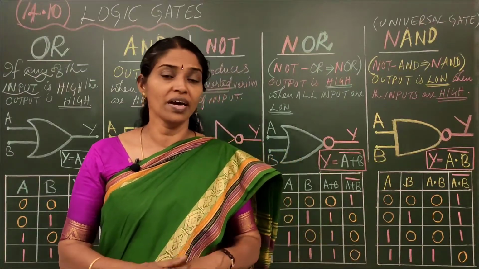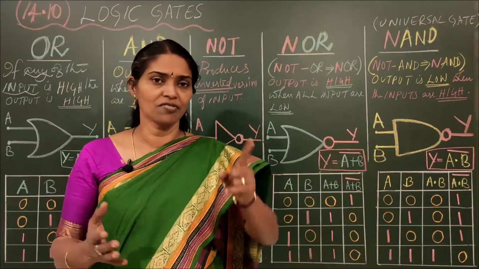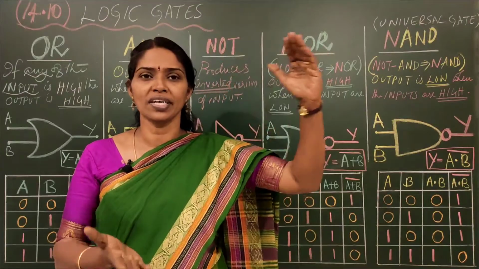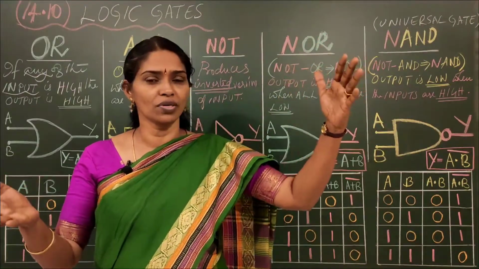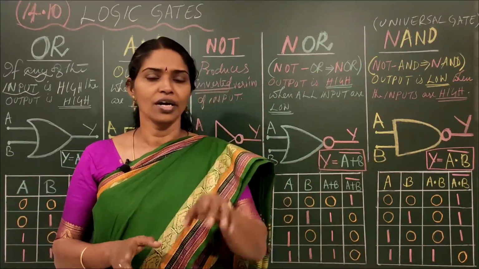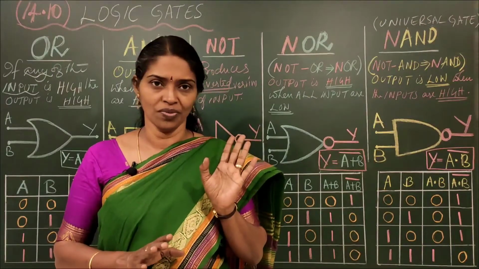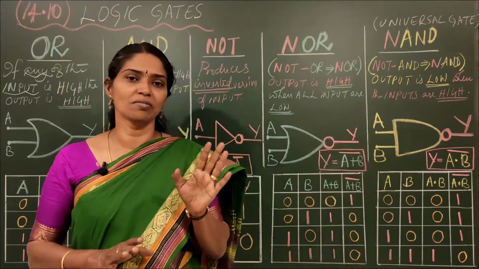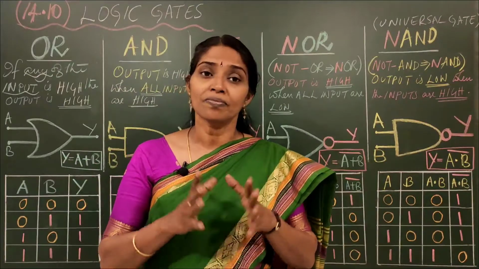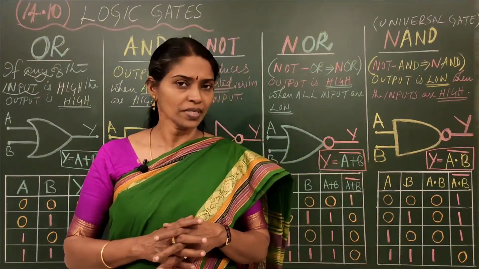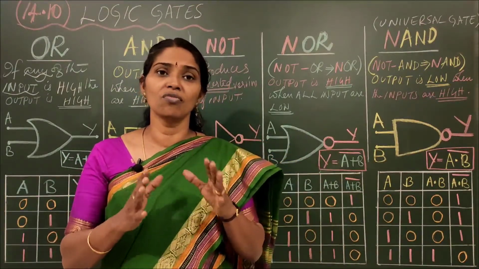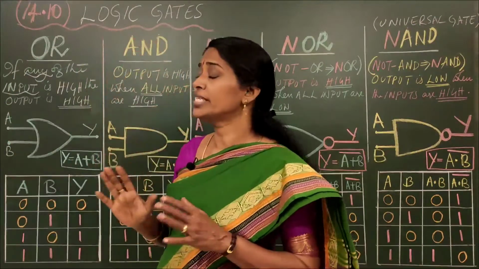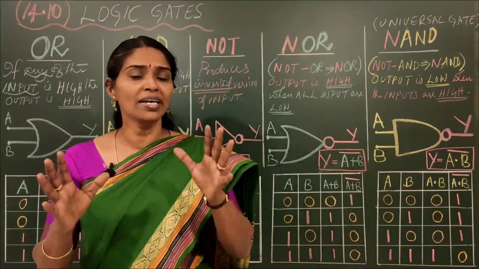In that square wave, any positive value refers to 1. Suppose you have 10 volt, 20 volt, 50 volt, that is referred to as 1. If you don't have any volt, it is 0. So the binary number system is the basis of Boolean algebra, and the digital system all works under logic gates. So logic gates are the building blocks of the